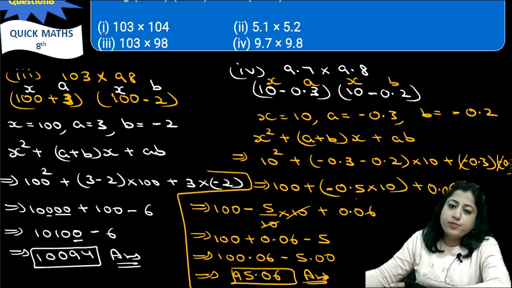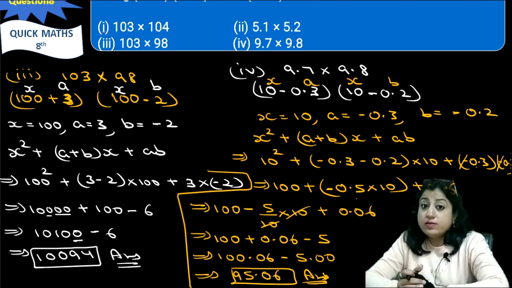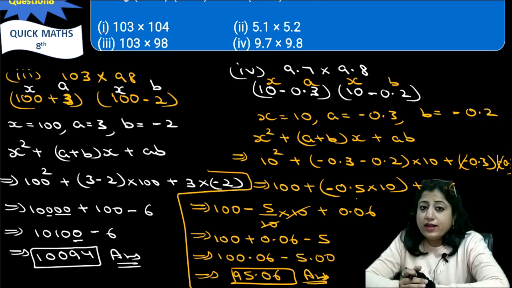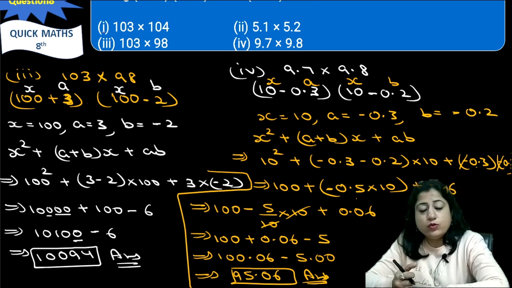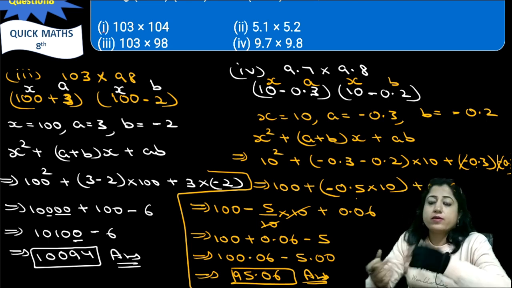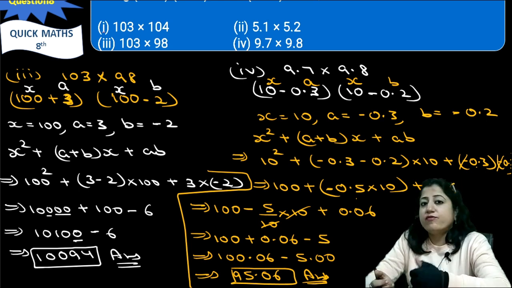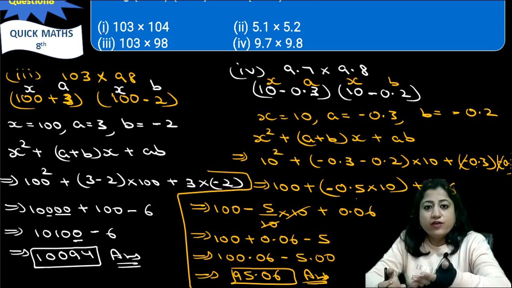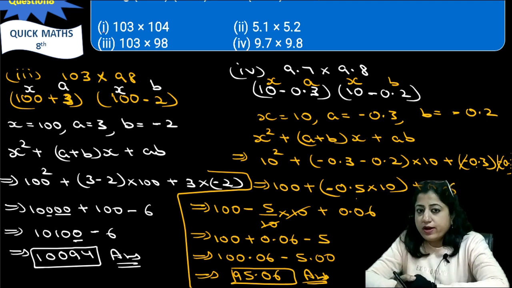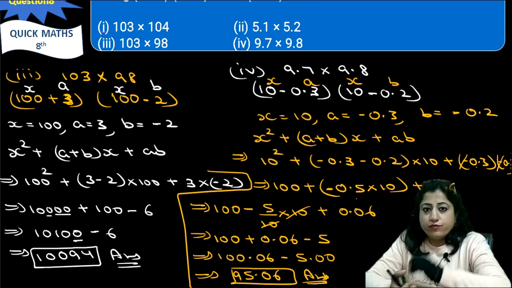So it is quite simple to get the multiplication of 2-digit numbers, even if they are in decimal. So we need not calculate the multiplication of both numbers and do higher, heavy calculations. So we just recognize what is the closer number to them, and then find out the solution using the third identity, or using the fourth identity. Both identities, the third identity and the fourth identity, are very important from an examination point of view also.